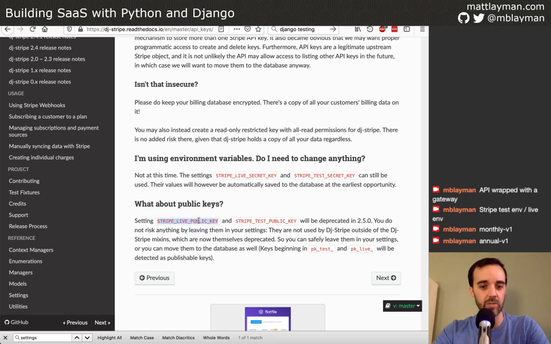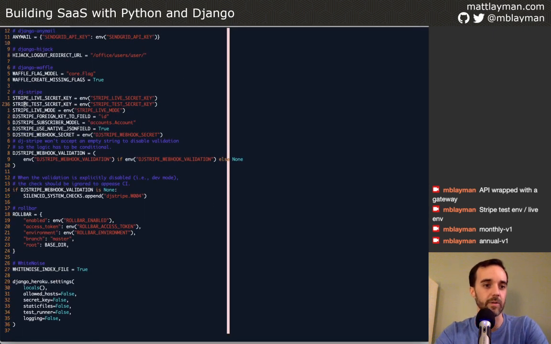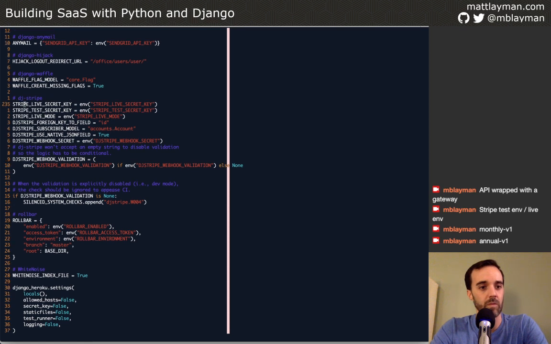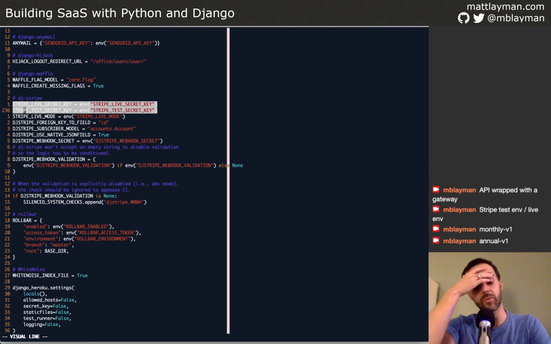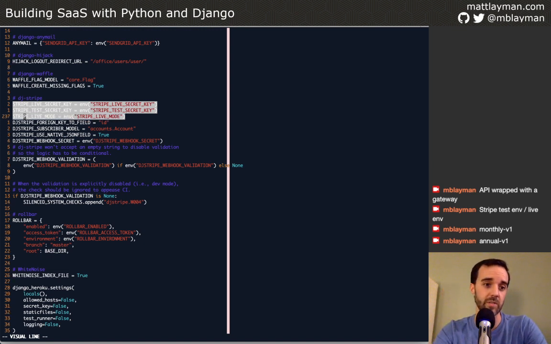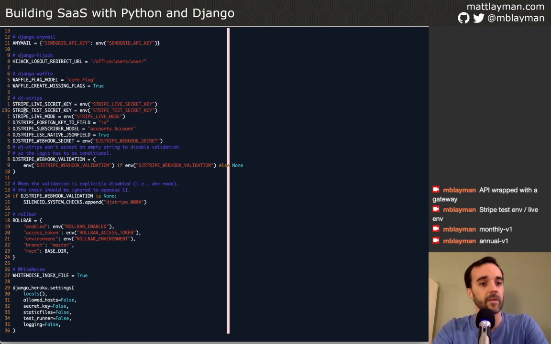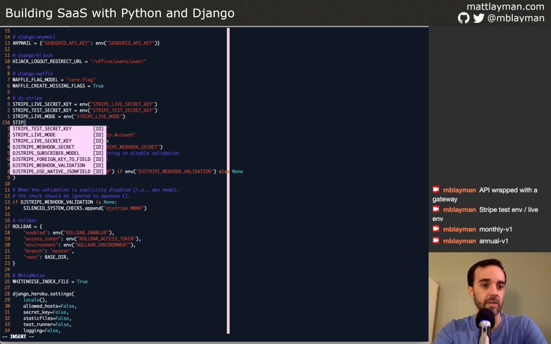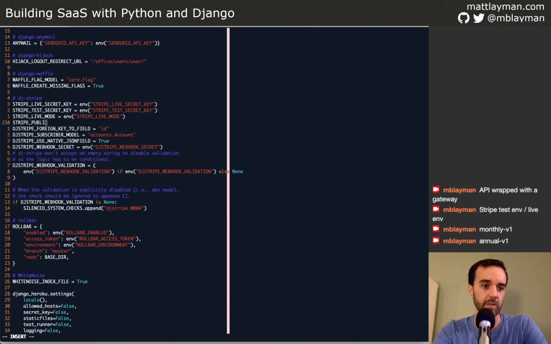Unfortunately, I didn't think to actually go get this data, so we have to do this right now. And so I'm going to have two. I'll have them just like what you see here with the live key and the secret key, and I'm also going to have probably a bit of Boolean logic to make sure it picks the right one. In fact, I don't think I need to differentiate them. What I'm going to do is I'm going to say Stripe, if I could spell it, Stripe public key, and we're going to say it's equal to